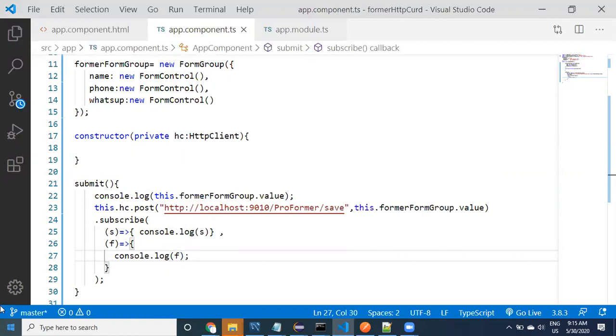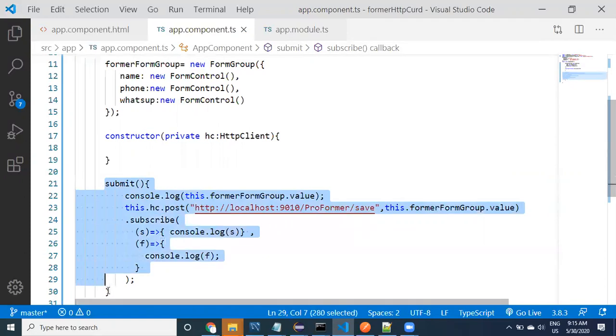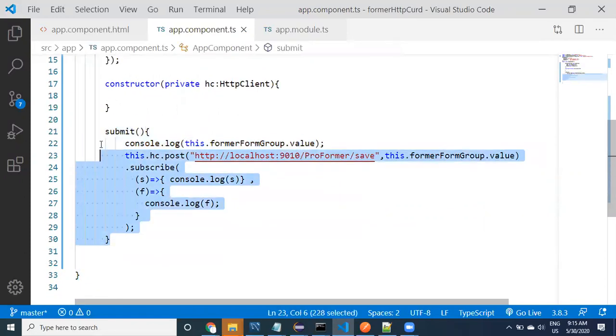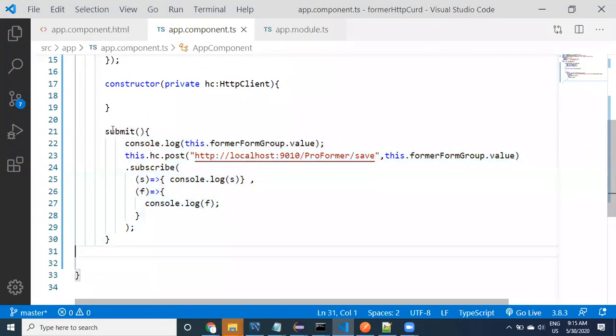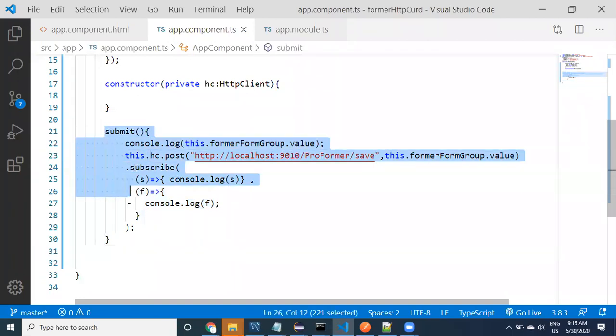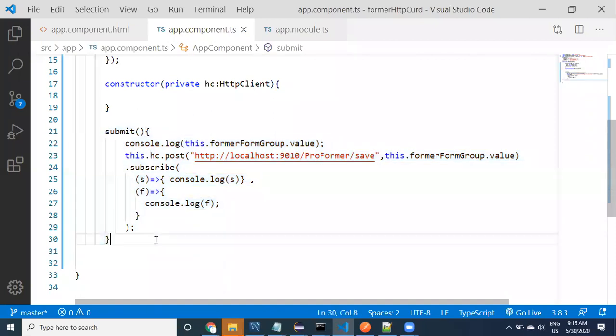That's it, guys. We just call this from the submit button. When we click on the submit button, it is bound to this particular method. This method is going to get called, then it goes to this REST service along with the data that the user has provided. For the subscribe method, we have provided a success method and a failure method.